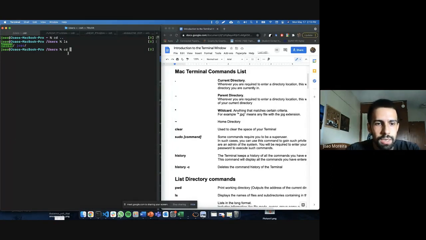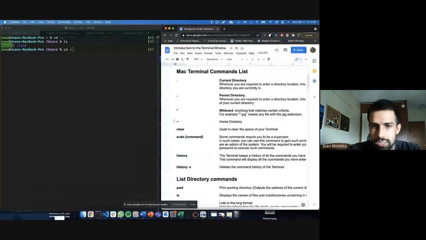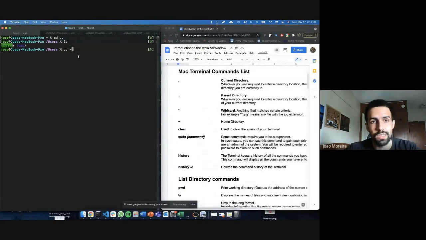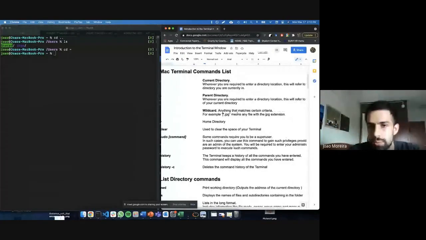So I'm going to change back to the home folder, and that's one of the shortcuts that I'm going to show you, which is this tilde symbol. It's always going to change you directly into your home folder. So if you do this, you're going to go... types of commands. So one example is that you want to show, or you want to copy some files that